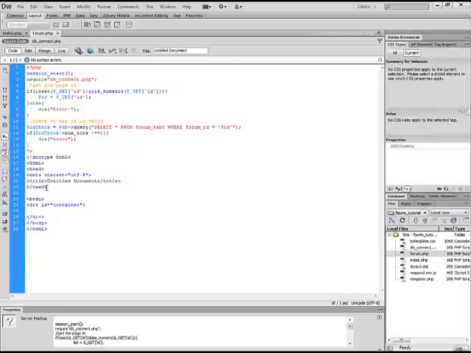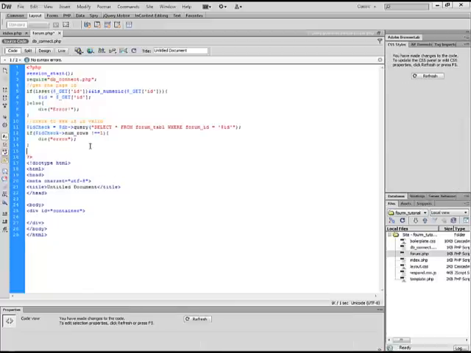Let's go back into here. Alright, so now we've got to go ahead and get all the threads that belong to this form ID. So let's go ahead and just create a query here. Call this SQL equals,